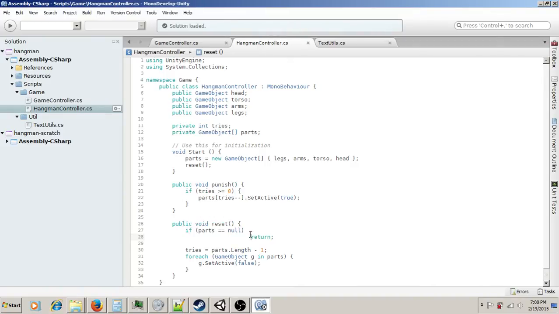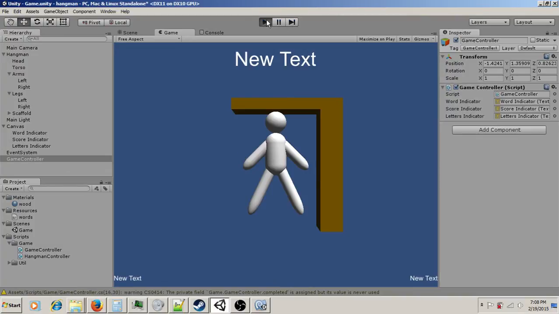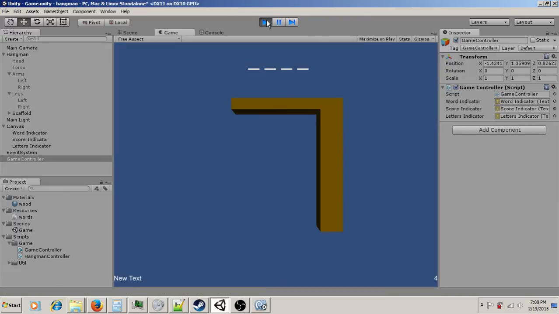We'll inhibit that call. And this guy will later on get reset whenever the hangman is constructed. So we have an empty hangman. Certainly right now,